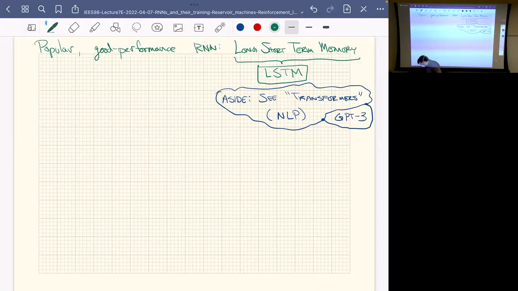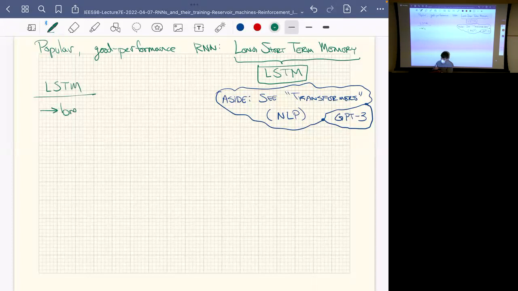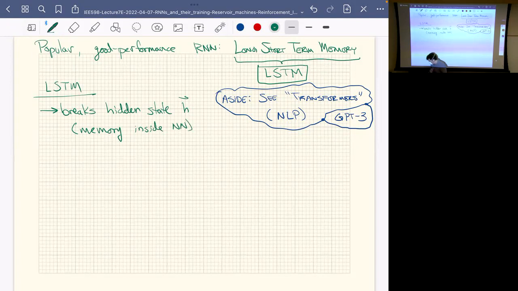In particular, the LSTM breaks up the hidden state, H, which you can again think of as memory inside the network, to include